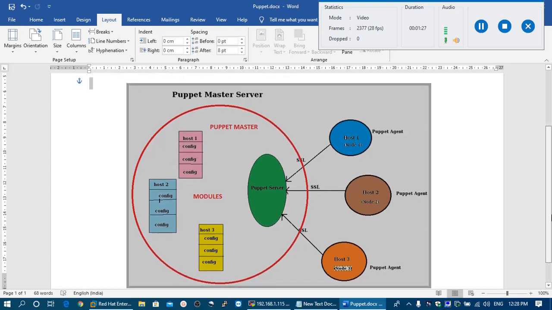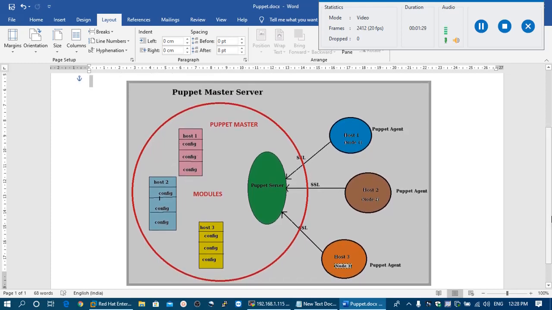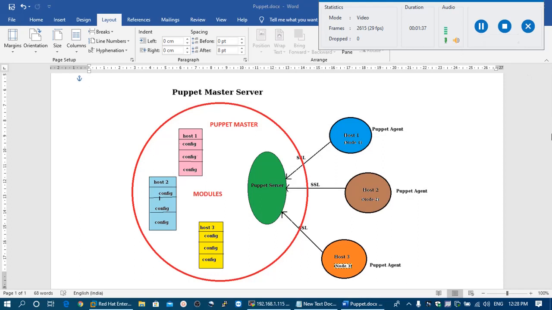So to use Puppet, we should have a master server in our organization, and there should be Puppet clients who can connect to this master server for various automation processes. So you can see, as I have shown you in the picture, there is a Puppet master server